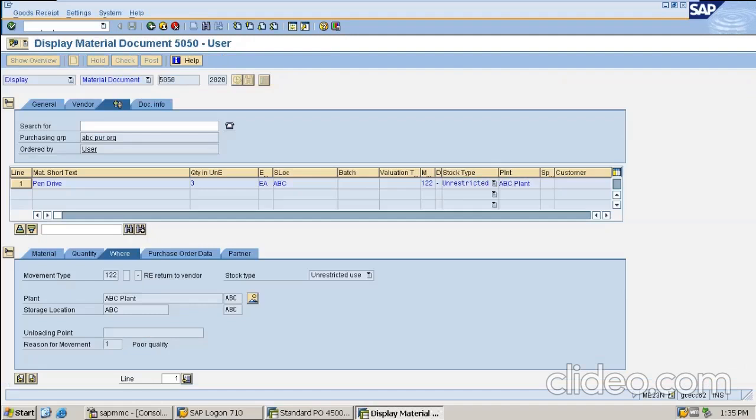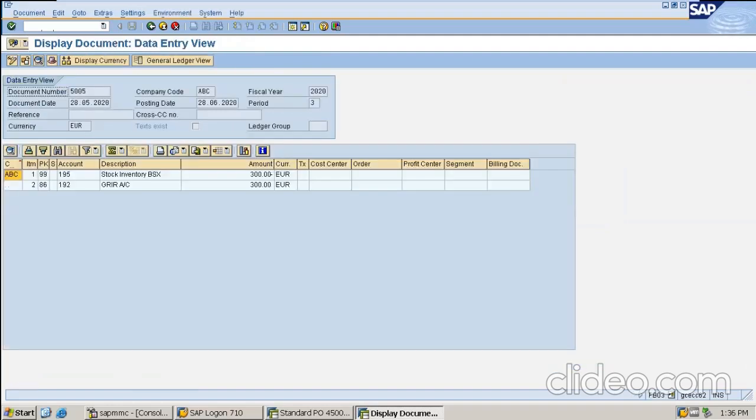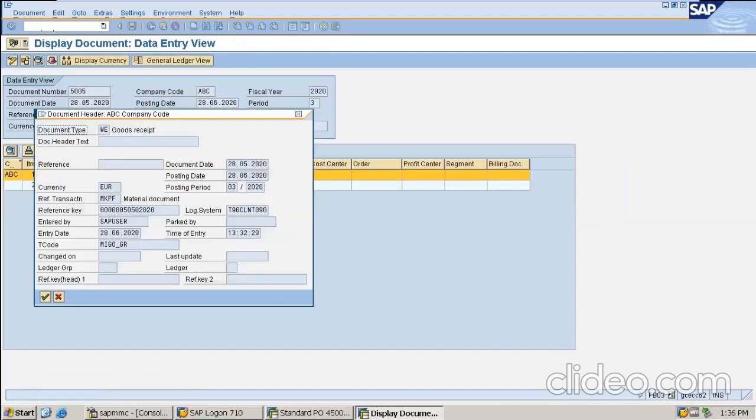Now I am going to the material document, going to document flow, then FI document. It will show us the accounting entry, and it will be just the opposite of the accounting entry posted against the GR. That is, there stock was debited and GR/IR was credited. Here the opposite, GR/IR is debited and stock is credited. Absolutely fine. Now I am going to display the header, wherein yes, MIGO GR is there, goods received. That's fine. So that's it.